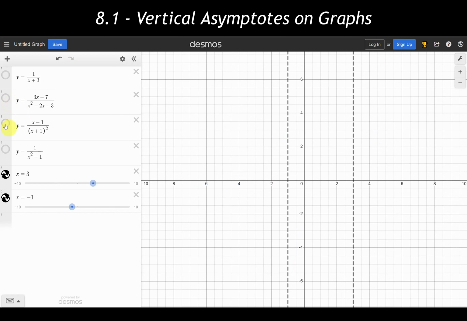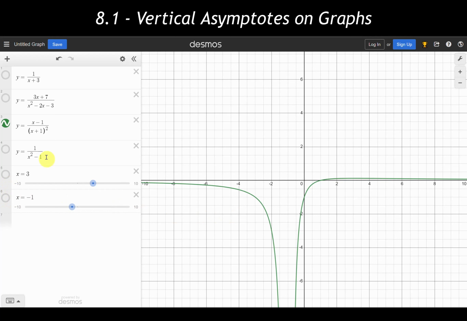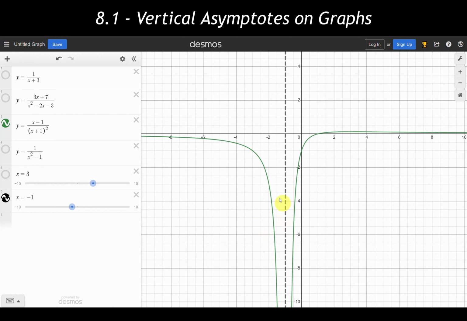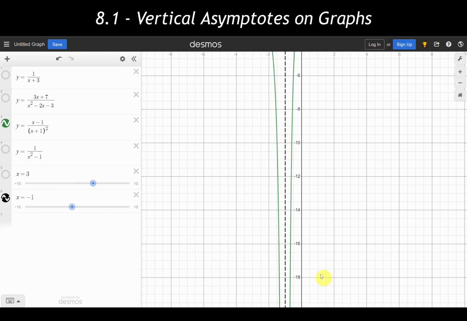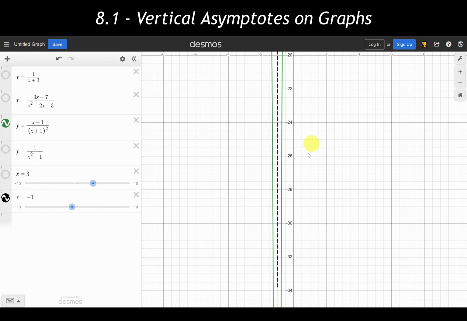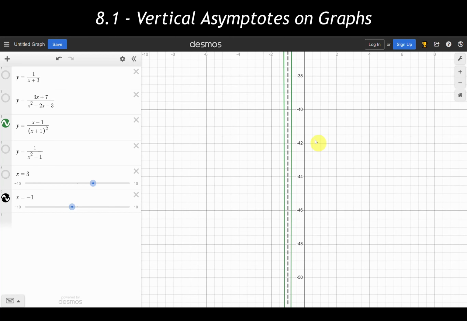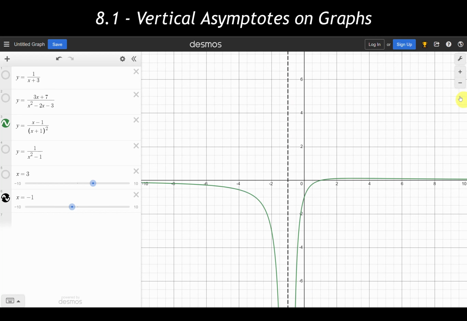Our third one, we had an x-intercept at x equals -1. So leave this one on. And we see that, again, it's a bit of a unique one, a little bit different in how it's set up. But similarly to the other ones, I can never have an x value of -1 plugged into this. It just turns out in this example that we get closer and closer to this, but again, never actually reach that x value of -1.